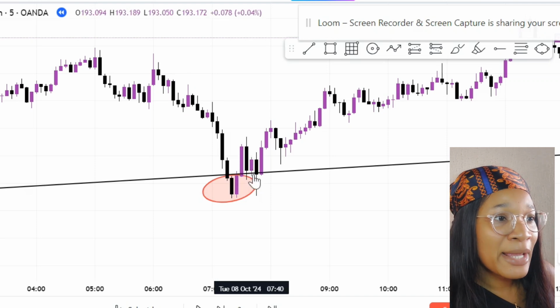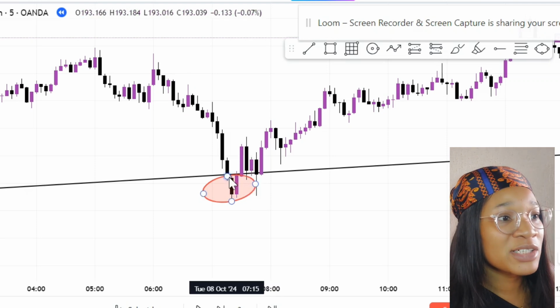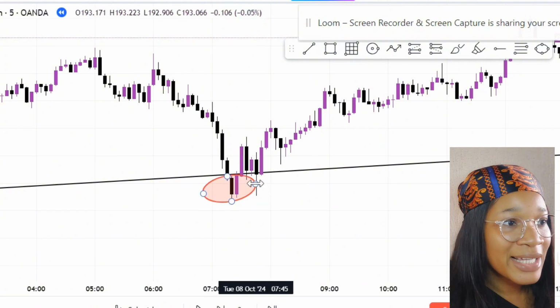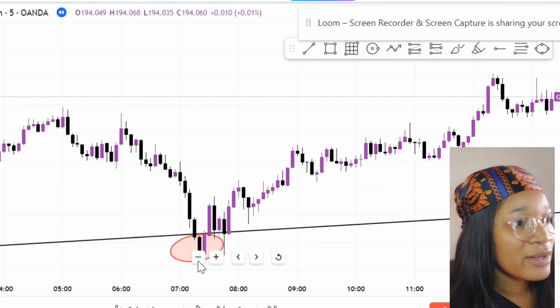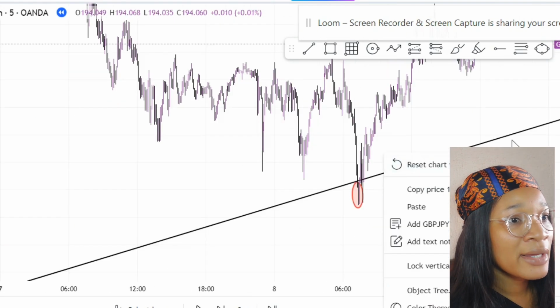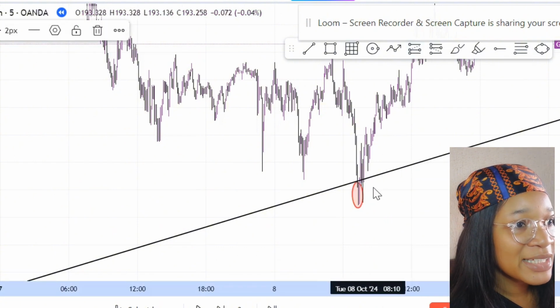Of course, price came back again to test that zone. So even if you missed the first opportunity to get into the market, this was another opportunity for you to get into the market, and then price continued to buy from there, right? Price continued to buy from there. So let me take out my long position too. So even if I had taken a trade from here,